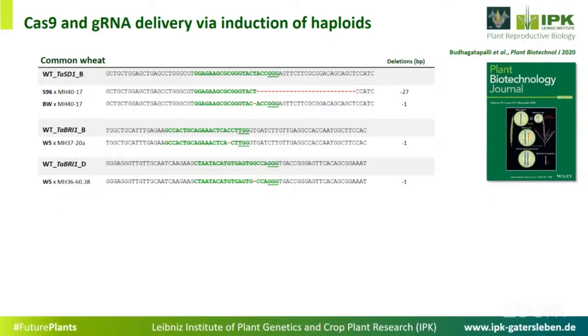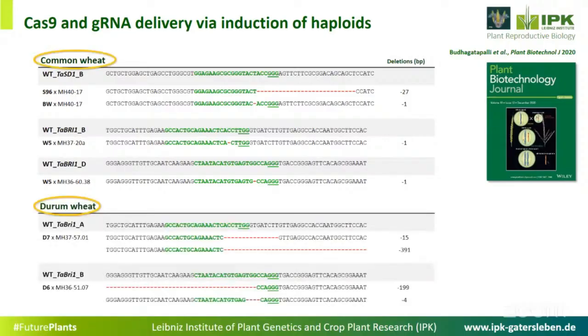So we did it in common wheat, and we used two different genes, both related to the semi-dwarf trait I reported yesterday. It is the brassinosteroid insensitive gene we mutated, and the semi-dwarf 1 gene, which is a gibberellic acid oxidase gene, which also contributes to plant height. And as you can see,